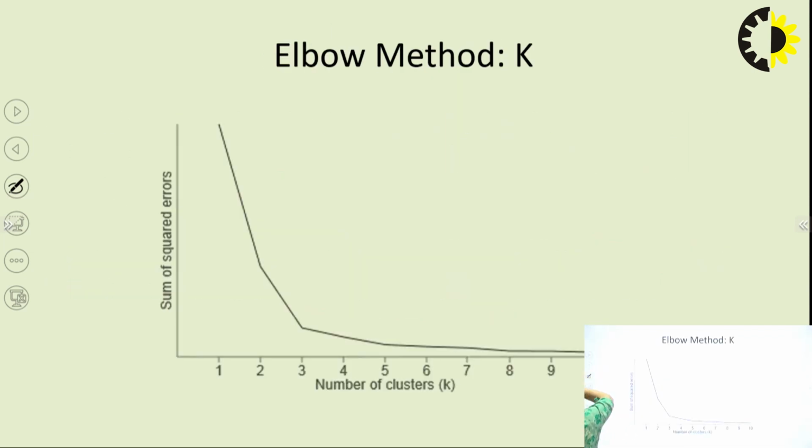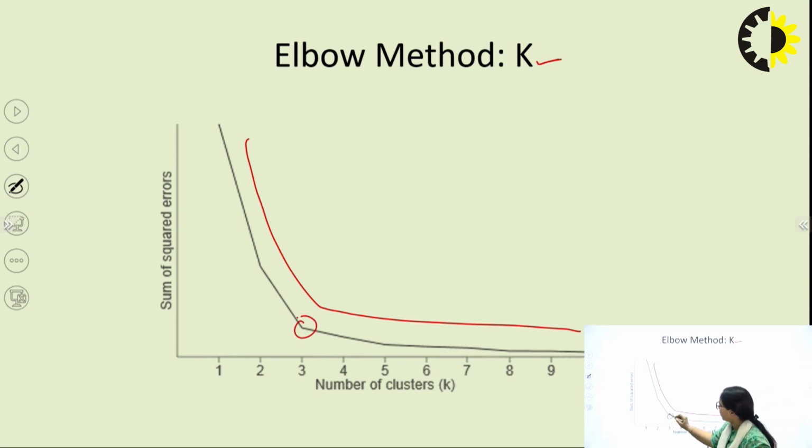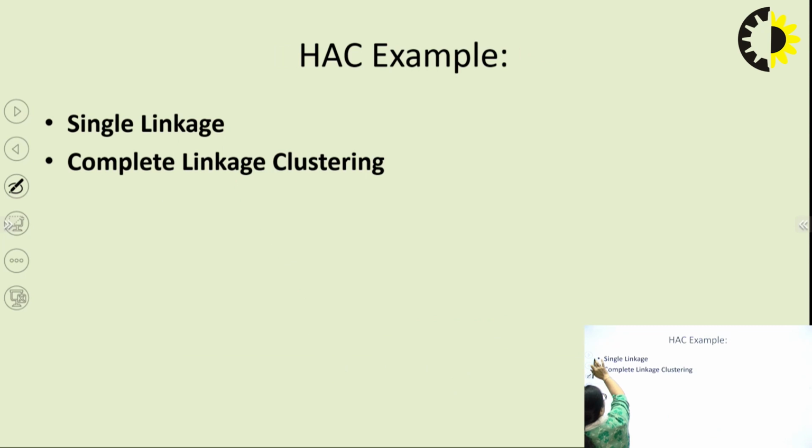And then how do we find this k? What is the purpose, and when is the k optimal? This is the elbow method, which gives us the point where the curve changes its angle, and that is considered to be the optimal k point. A lot of proving has been done behind this elbow method. We need not get into that, but it gives us the idea of what k value we should initially consider. So, that was the end of